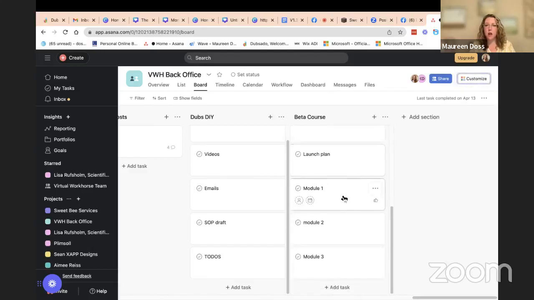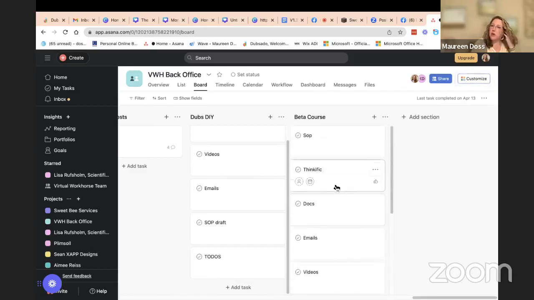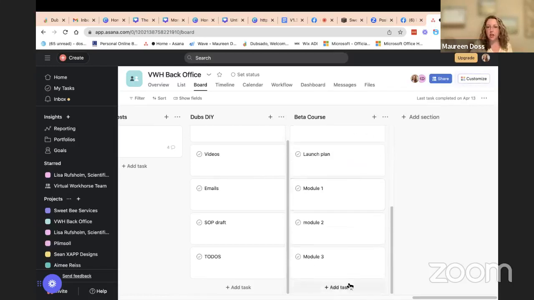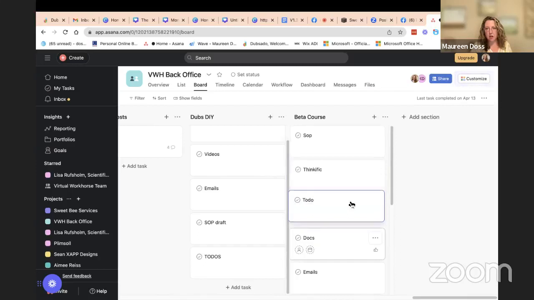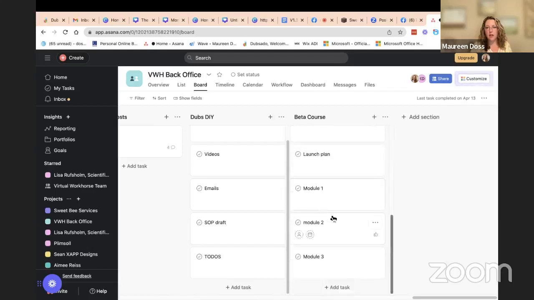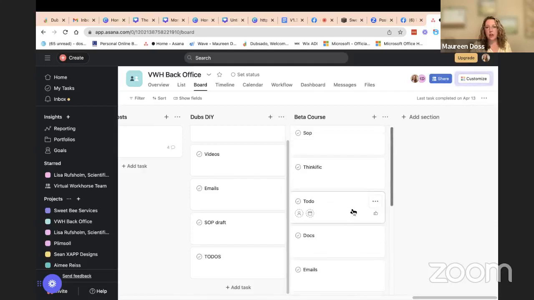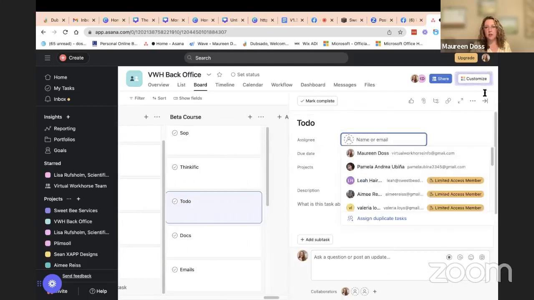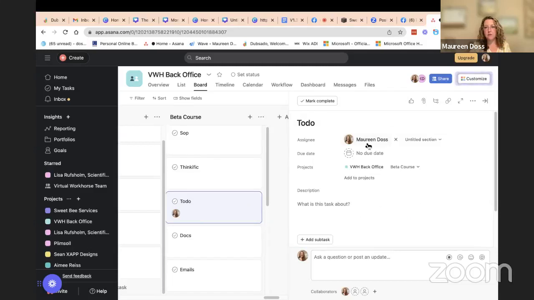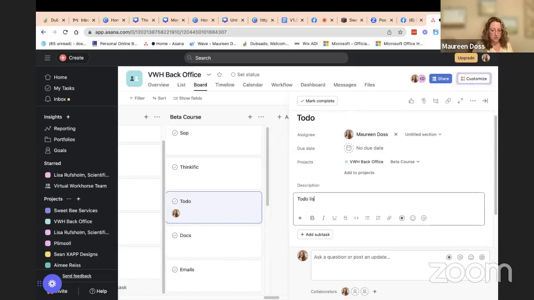Okay. And so what we'll also do here is create a to-do list. I love to have a to-do list all in one place and in order. So we're also going to put this towards the top. This is where we're going to start. We're going to lay it out: what is it going to be like? Then we're going to go into our to-do list. We're going to assign it to somebody. Let's just assign it to myself for today's sake. Give it a due date. What's the description? This is the to-do list for creation,